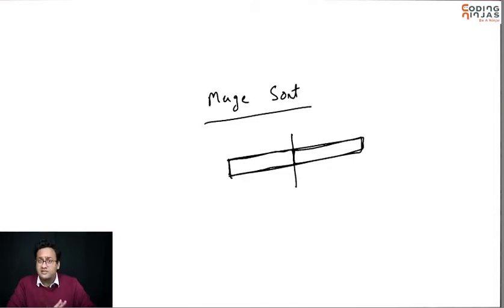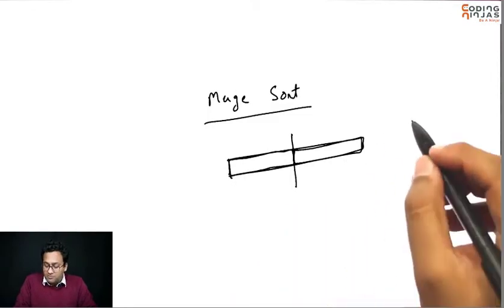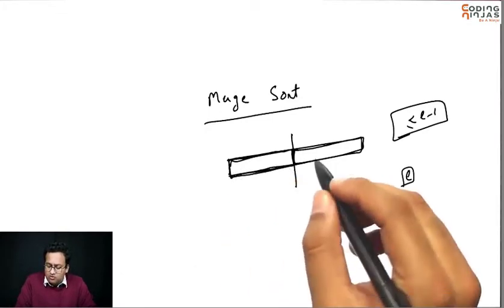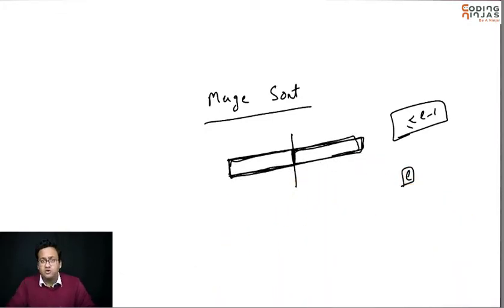So first of all, base case, length 0, length 1. I'm not going to do anything. Length 0, length 1, my list is sorted. So that's my base case. Hypothesis, I can sort a list using merge sort up to length L minus 1. Right? Now for length L, what are we saying? That make the list into two parts and call merge sort on both of them. So using induction hypothesis, we should be able to sort both of them.